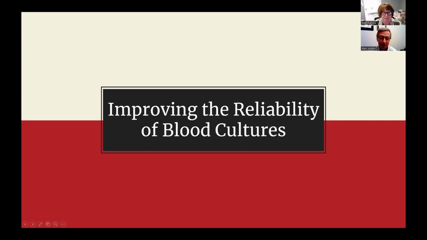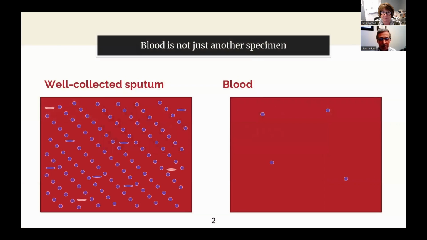Let's talk about blood cultures. Blood cultures are really extremely important. We consider them in the microbiology lab really the most important culture type that we deal with. Obviously, sepsis is an incredibly important issue, but blood is not just like any other